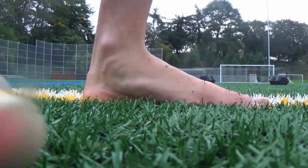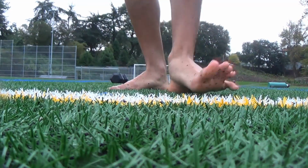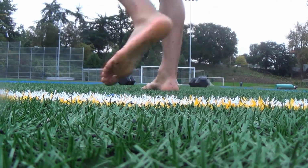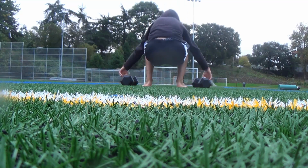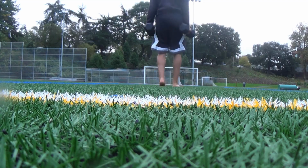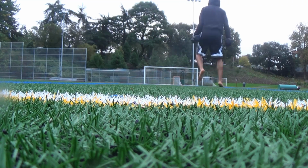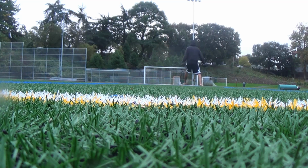Alright, functional athleticism training exercise here, really key for basketball. Check out the Hobbit feet. It's like 50-some degrees out and I'm working. But pick up via squat, you can pick up via deadlift also. But this is working on cutting, changing your direction, and I mean, this is super useful for